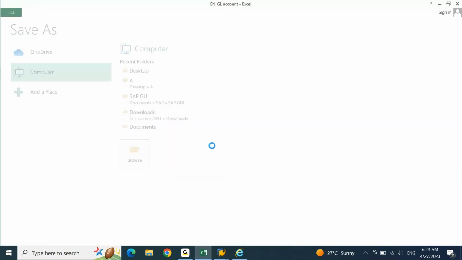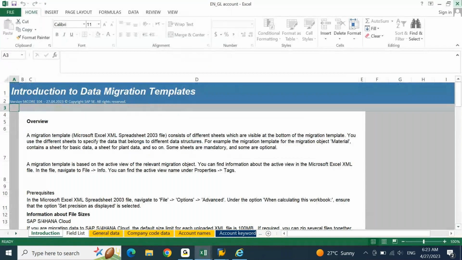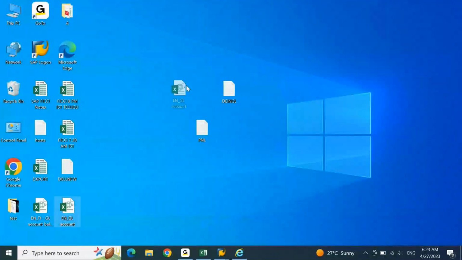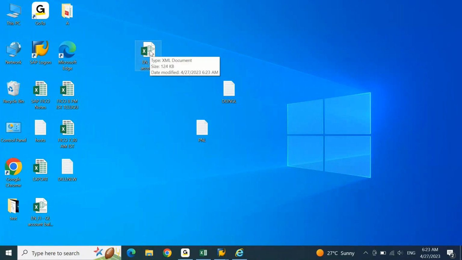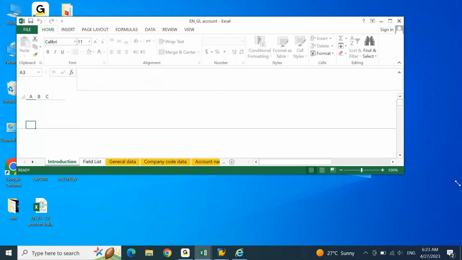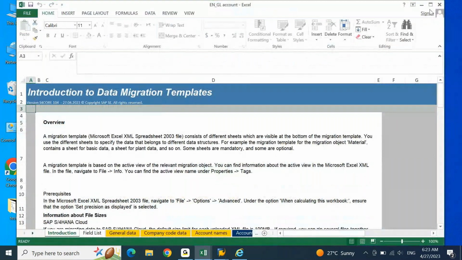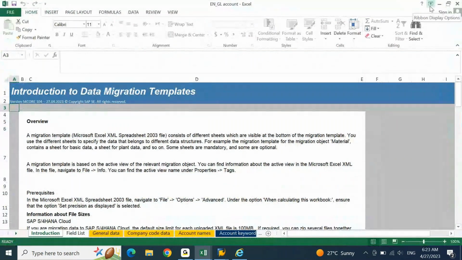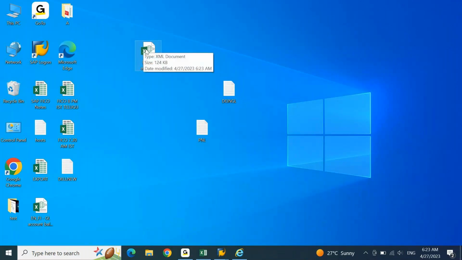Yes. Now if I close this and go to the desktop, this is how it looks. GL account, double click on this. Sometimes you will be able to open this directly, sometimes you will not. Now here I am directly able to open it if I double click on it. Sometimes when you double click on it, the system will not open it. It will ask you to select a file format or application. If you are facing that problem in your system or maybe in your real environment also, these are common. In such scenarios, what you do,